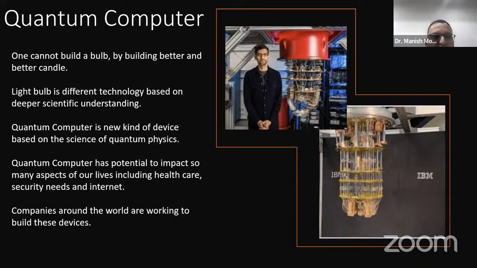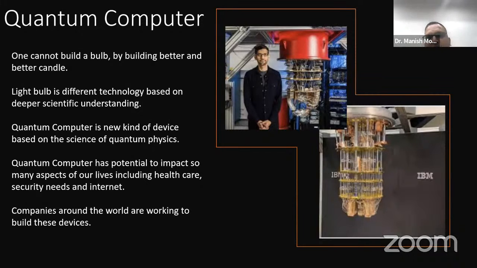The objective here is to say that quantum computing is a totally different mechanism than what we think of in classical computing. A simple example: we have a candle and we have a bulb. Whatever we do, n number of candles, however big the candle is, the candle can't compete with the bulb, right?